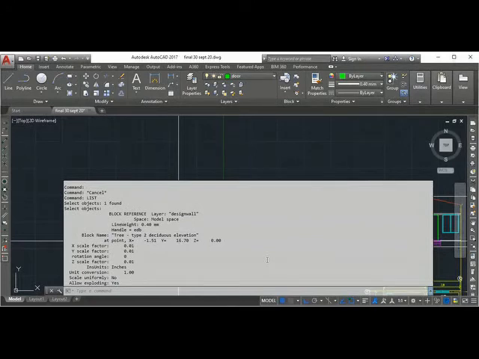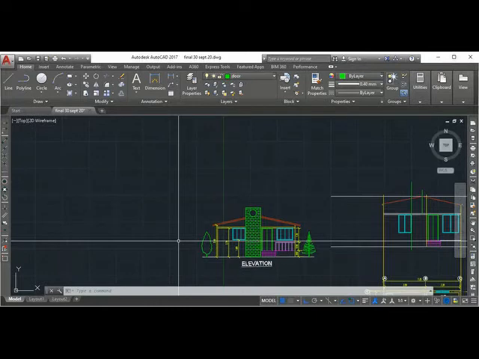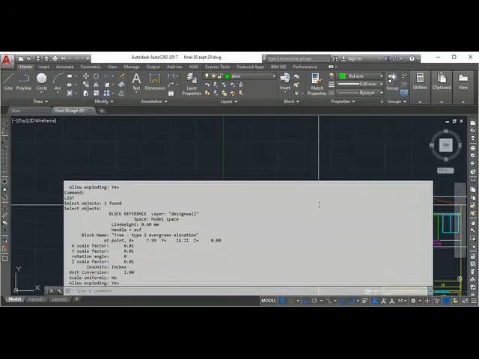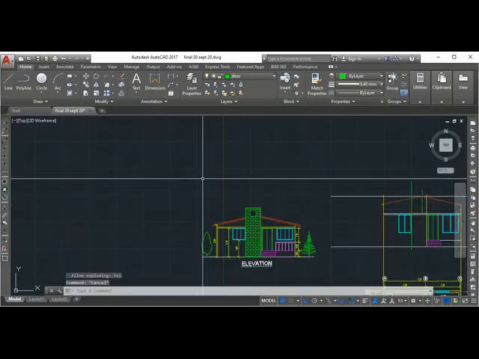The name of block is tree. List. Name of this tree. Block name tree dash type 2 evergreen elevation design.